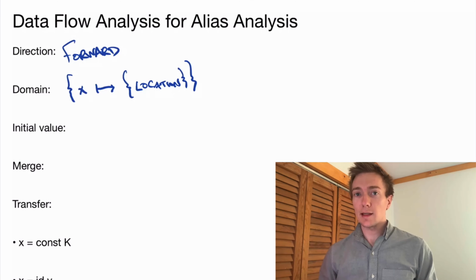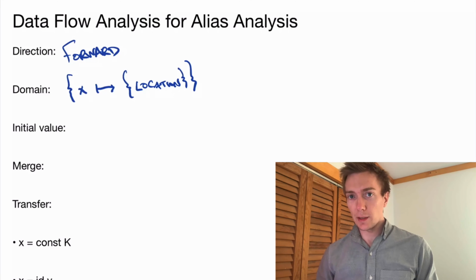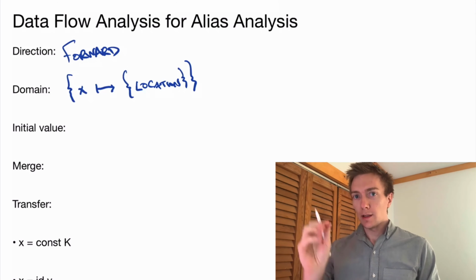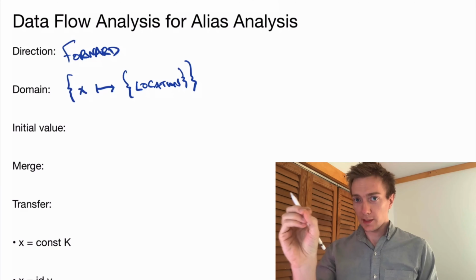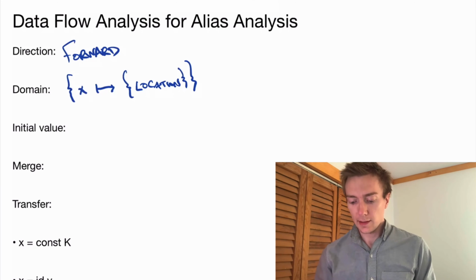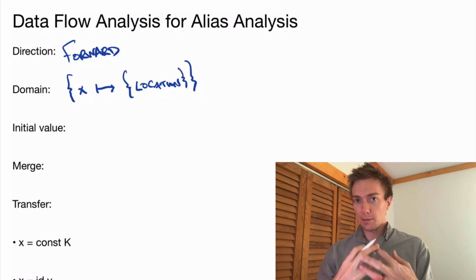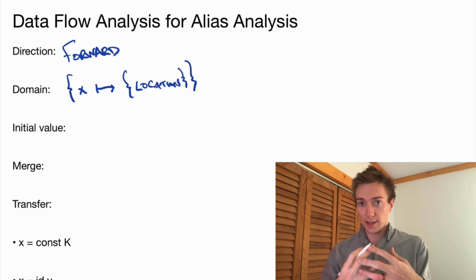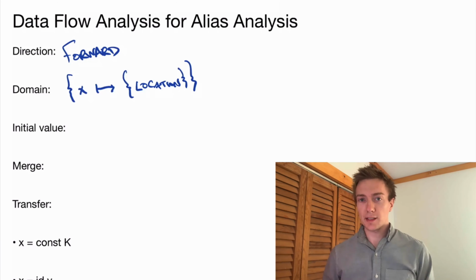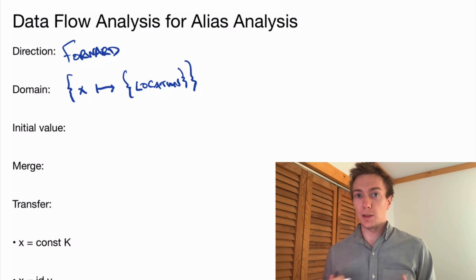The idea is that then we can answer may-alias queries by doing set intersection. That is, if you ask me, might x and y alias at this point in the program, you'll look up this data structure for that point in the program, and then you'll get the associated sets for x and y, you'll get the set of locations. And if those sets intersect, then we'll say, yes, they might alias. And if that intersection is empty, then we'll say, no, they must not alias, and therefore you can do interesting